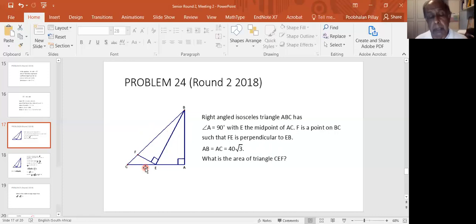So it looks very much as if we need to work out this side here. And then you can use the formula half AB sine C. So I need to calculate this angle or this side. I know this. Pythagoras will tell me what that is, BE. And the only thing you have to do is to